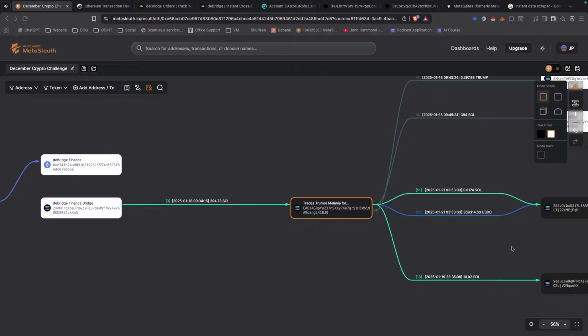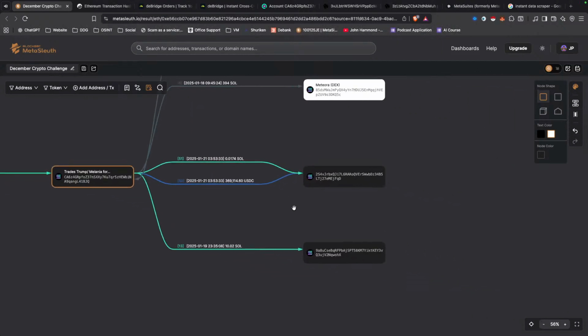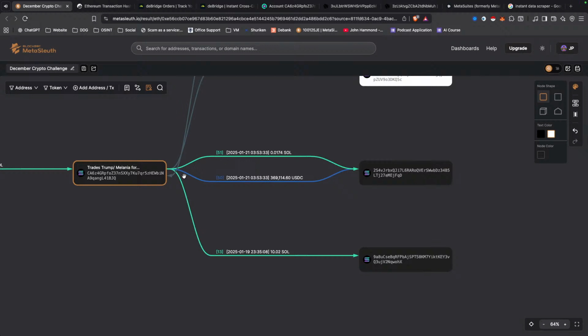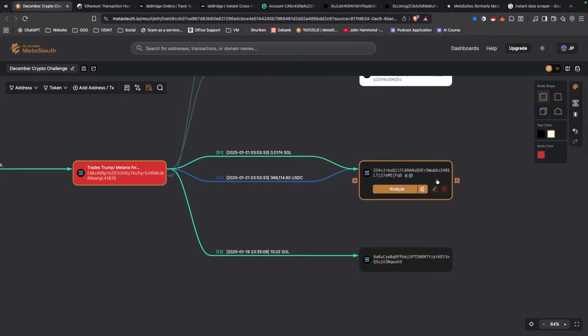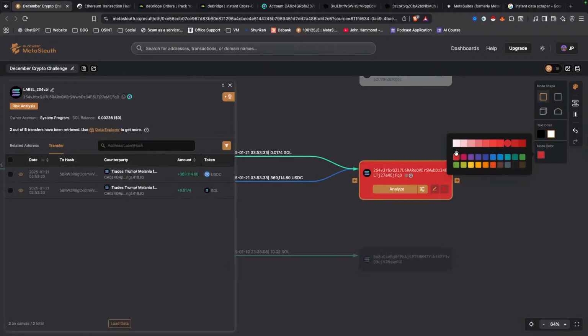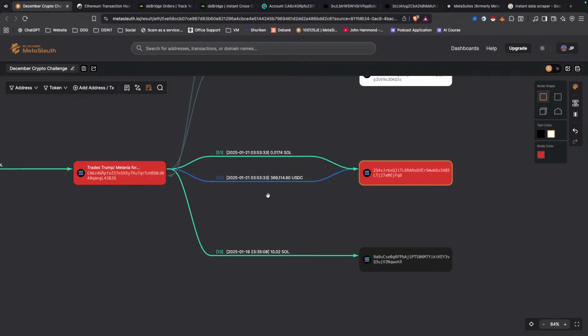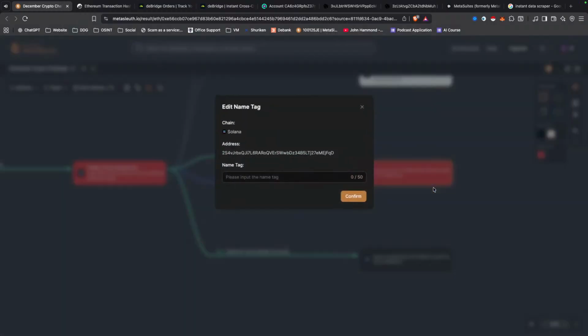All right, so we would color, we would label again. Again, I recommend just following these same principles all the time. If you're using a tool like MetaSleuth, use it to its maximum advantage, and label things and color things. Believe me, you'll appreciate it later. So let's call this December attacker. I think we're on number 3 now. Actually, call number 3 is fine.